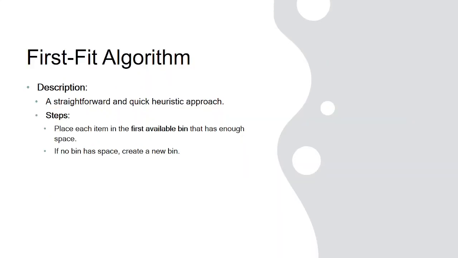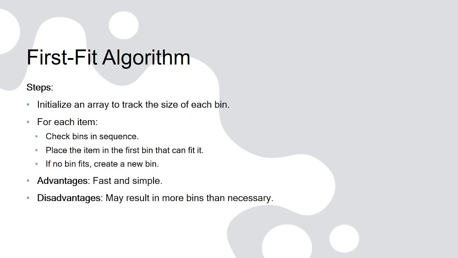We will see the first fit algorithm. The first fit algorithm is a straightforward heuristic method. It places each item in the first available bin that has enough space. If no such bin is found, a new bin is created, and this method is efficient for time but may leave space unused. And if we consider the first fit algorithm, here we initialize bins and loop through each